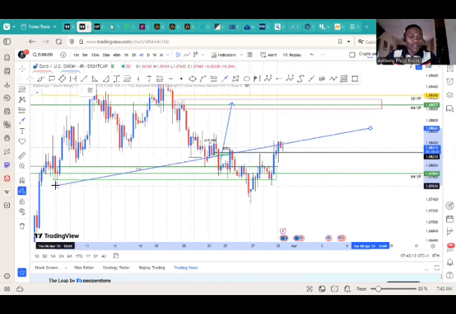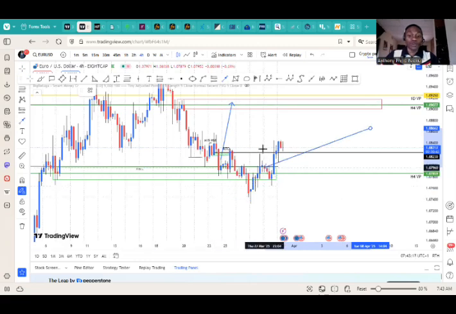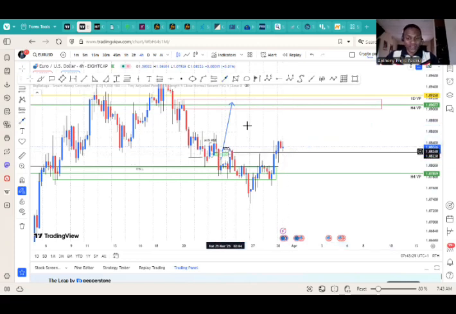After the market grabbed this liquidity below here, what did the market do? The market had a change of structure immediately. This was the change of structure. After that, the market created a bullish market structure break to the upside as well. So the market is currently bullish on Euro USD. Our buy bias for last week was accurate, but the market has not gotten to our supply zone. So our bias still holds.